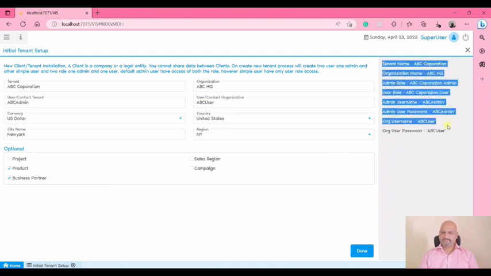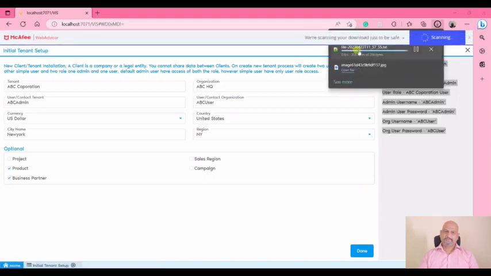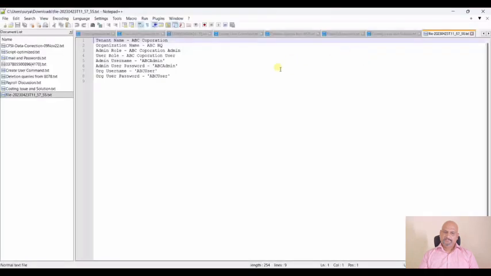Now you can see as a result of this initial tenant generation, on the right side you would be able to see all the details. If you want to save this, you can save it as a notepad file. Later on we can utilize this. In this notepad file you would be able to see your tenant detail, organization name, admin role, the admin user, and this becomes the user for us, and the password. So we'll copy this and thereafter